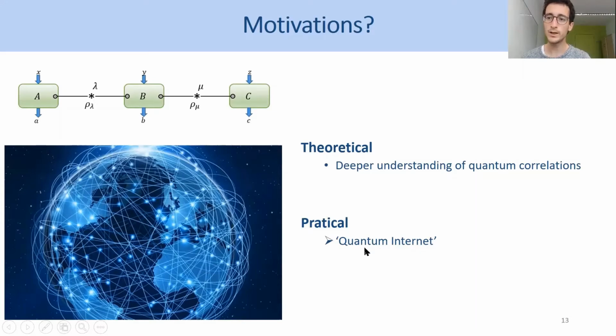So we believe one day that we will have a quantum internet. And in this case, several independent sources will be shared by several parties. Actually, we'll have a lot of sources and a lot of parties. And if we want to study non-locality in this quantum internet, we have to go to network non-locality.